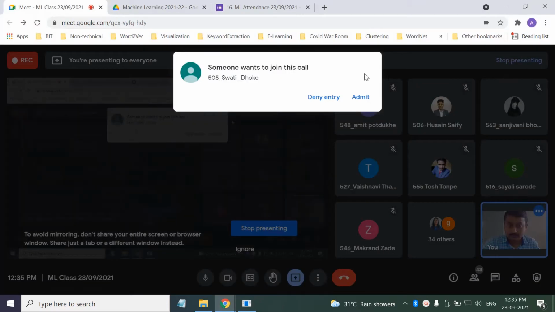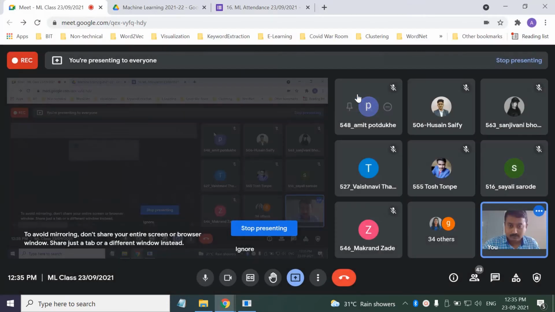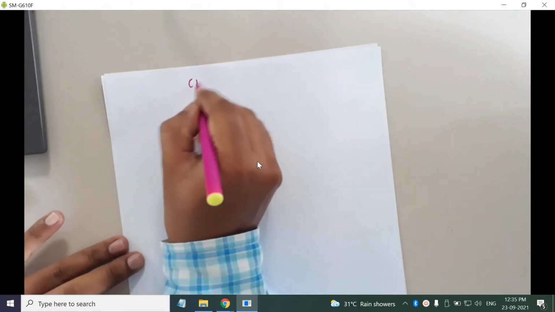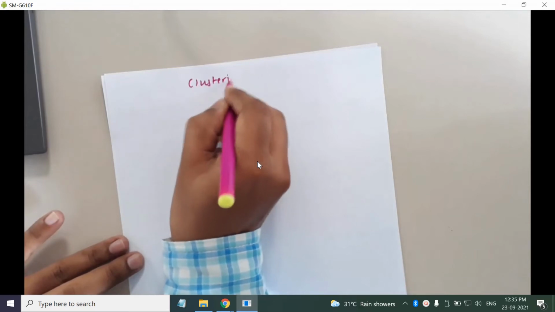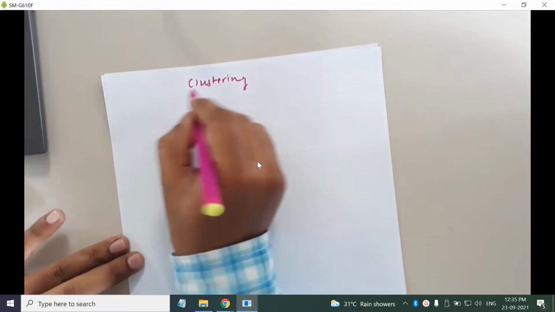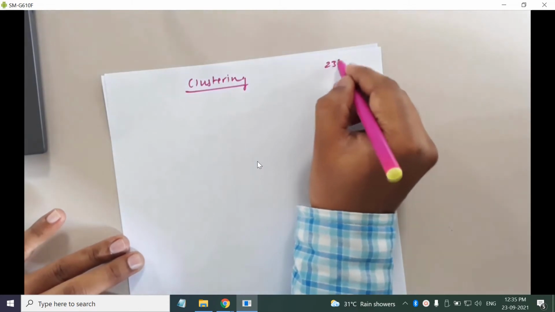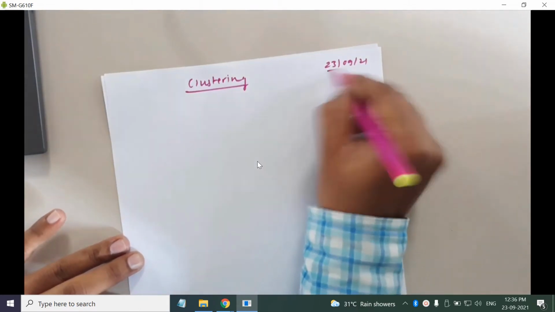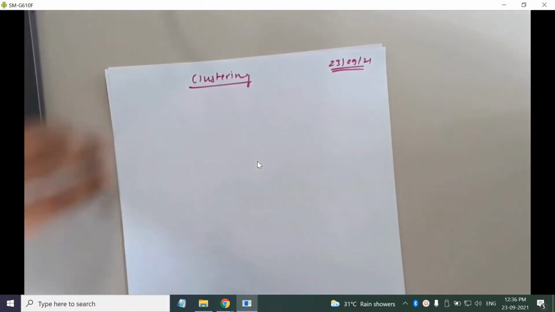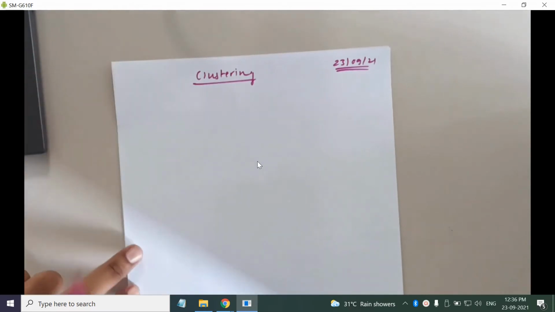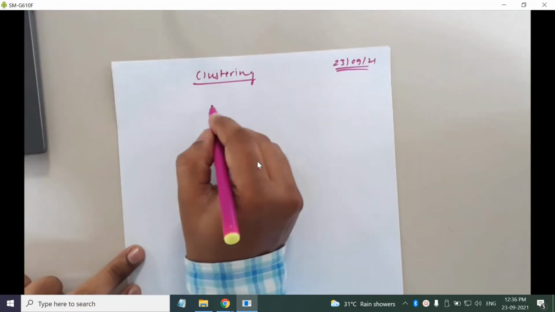So as we have decided, we'll be starting with unit number 6, which is based on clustering. Okay, so way back in our early classes, we have studied different types of machine learning algorithms,